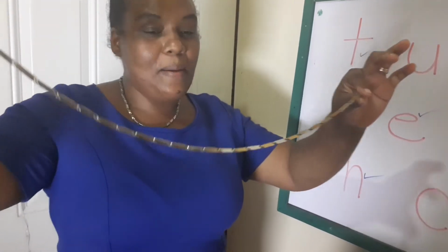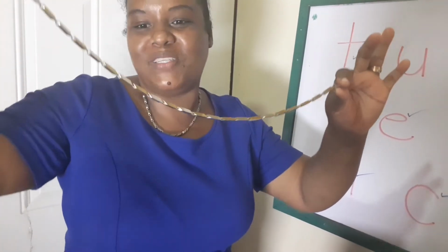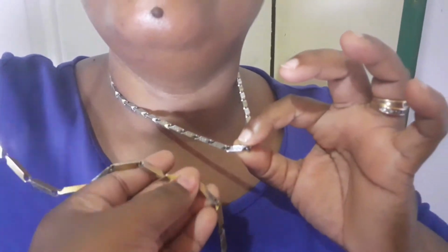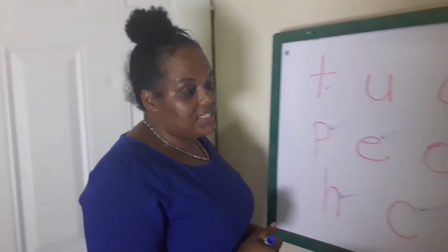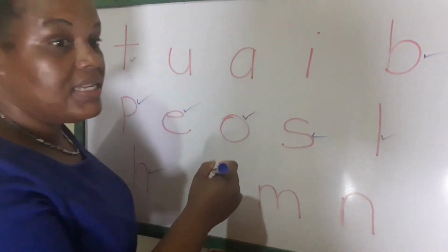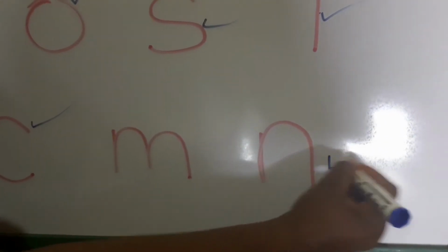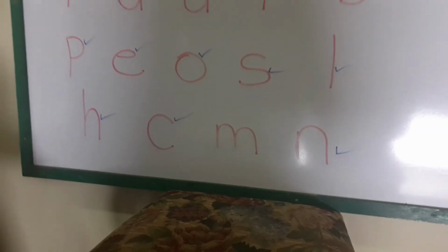All right, the next one now is necklace. Look at the beautiful necklace. I wonder if little Minnie Mouse is going to give me this beautiful necklace. And look at the one that I'm wearing. Are they looking alike? They are both called necklace. And necklace begins with the N sound. Let's find the letter on the board that begins with the N sound. It's not M, but it's N.